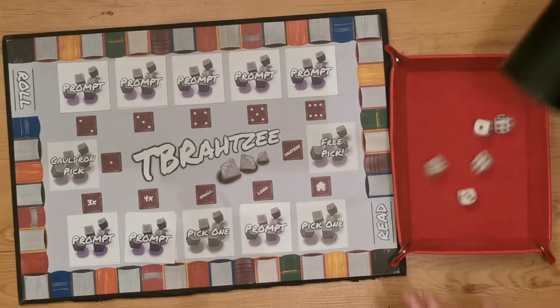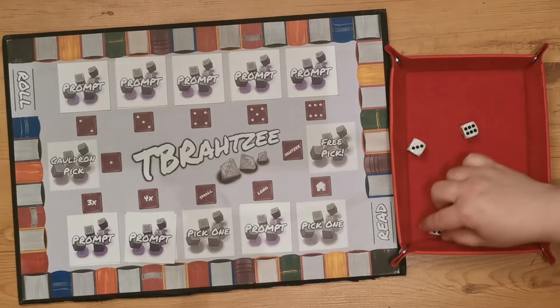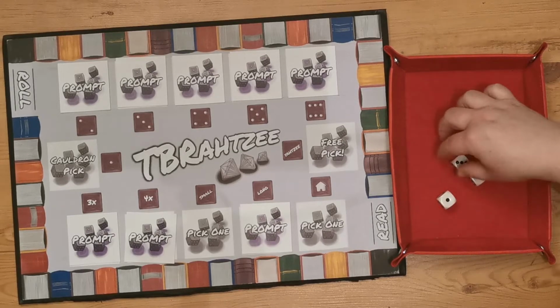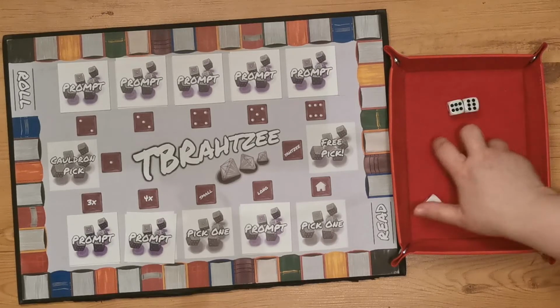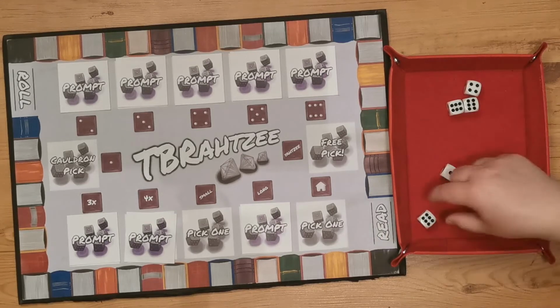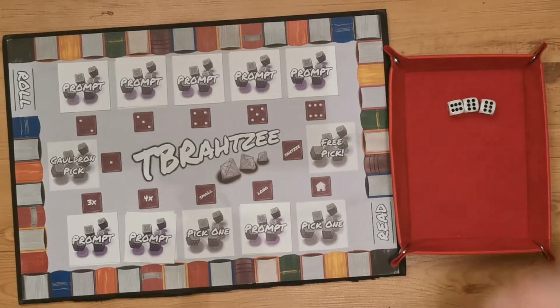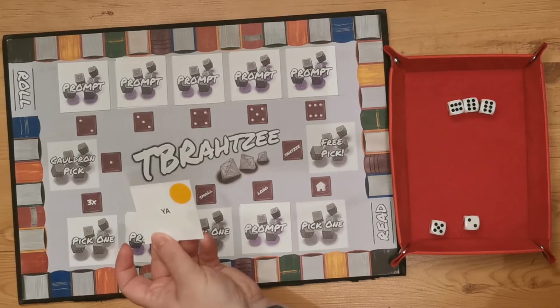Now for the next roll. Roll number 3. We've already used full house, so we've got 2 6s, 2 3s and a 1. So let's go for... Let's keep our 2 6s and we'll see if we can get 3 or 4 of those. Oh, yes. Oh, God, this is going too well. Let's see if we can get any more. No. Okay, so we've got 3 of a kind, so it's another 1 book prompt, and it is YA,